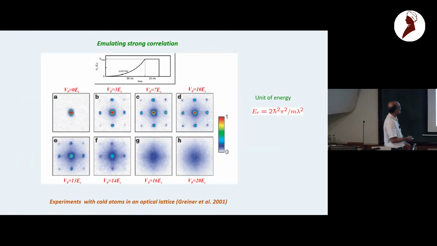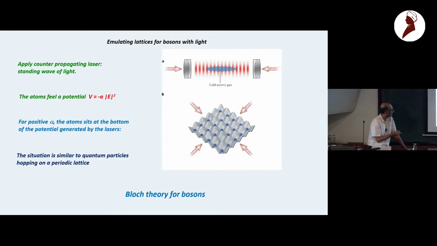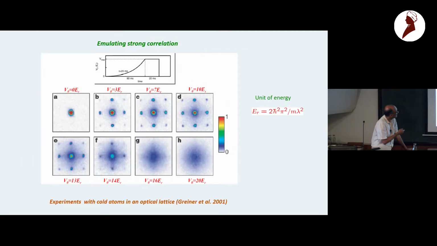But if this lattice is really, really deep, it becomes difficult for these bosons to hop from one side to the next. And therefore, the average kinetic energy compared to whatever potential energy it has, that ratio goes down. As a result, you could get into a situation where the atoms are very strongly interacting, because the kinetic energy is much lower than the interaction. So this technique gives you a way of looking into these strongly interacting systems on a periodic lattice. And this is the experiment which showed this uniquely.